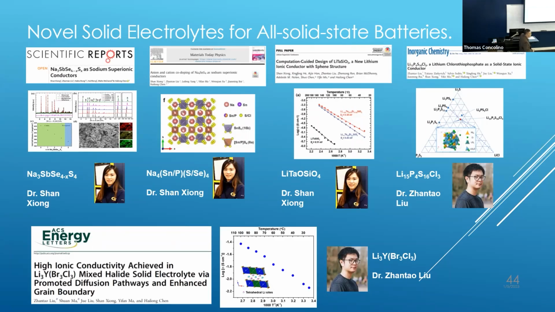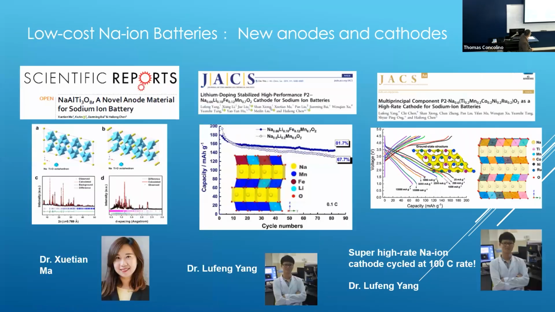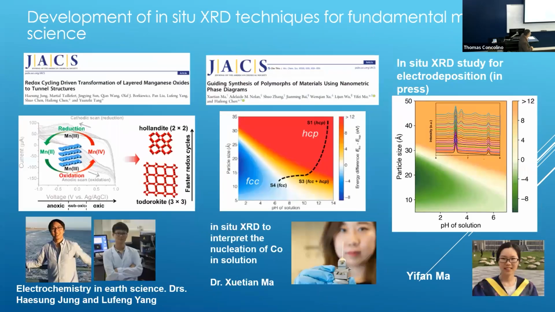So basically, our group is a materials design group. We work on a lot of different materials. In recent years, we have been working on solid electrolyte materials for lithium batteries. You can see that we work on different groups of materials: sulfides, oxides, sulfur chlorides, and all the halogens. We also work on different classes of sodium battery materials, anode, cathode, and we are also trying to use XRD